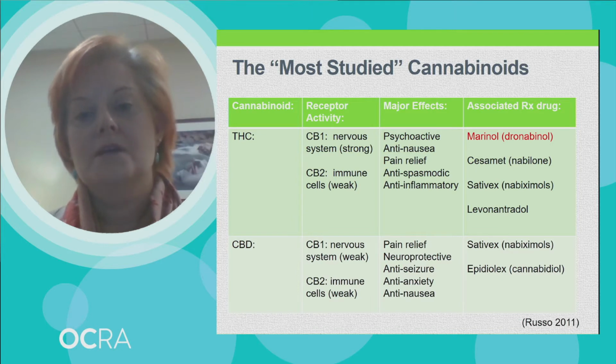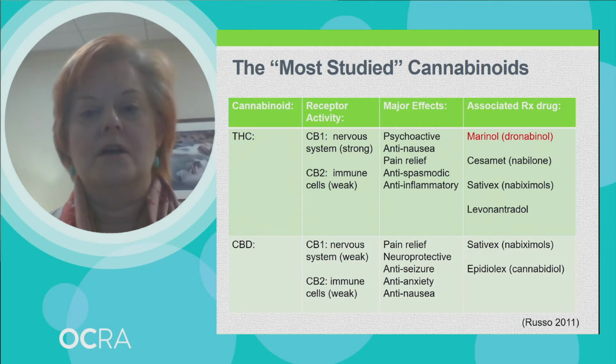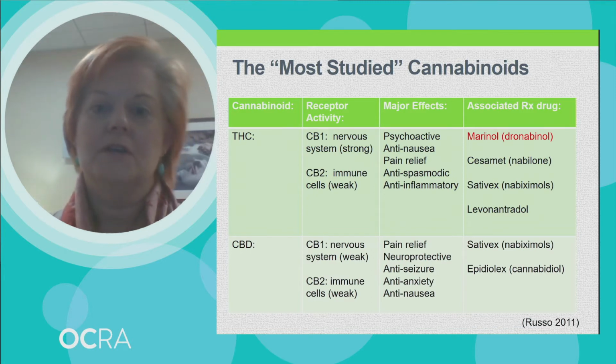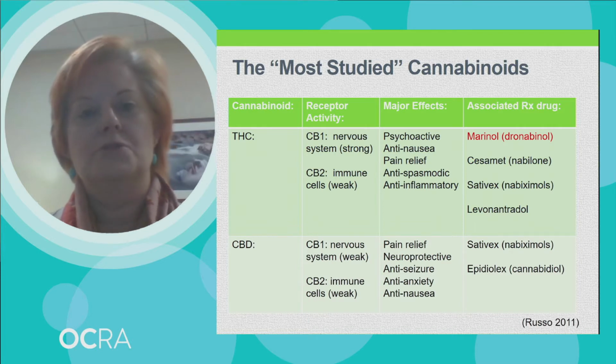And there are associated actual prescription drugs with THC. These include Marinol, which is best known. It's a synthetic version of THC. Cesamet is another THC, and they call it analog or synthetic. Nabilone is the other name for that. And then Sativex, which is a prescription medication that was approved initially in Europe and is available in over 30 countries, but not in the United States. And then levonantradol, which is something that only ever was used in research and was never released as a prescription